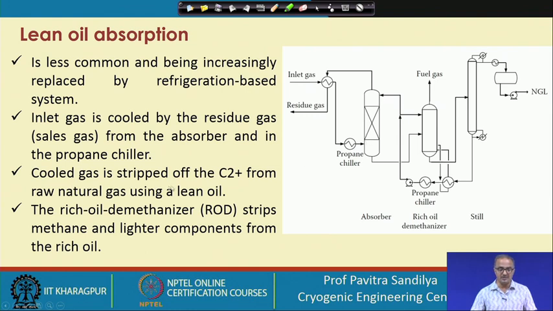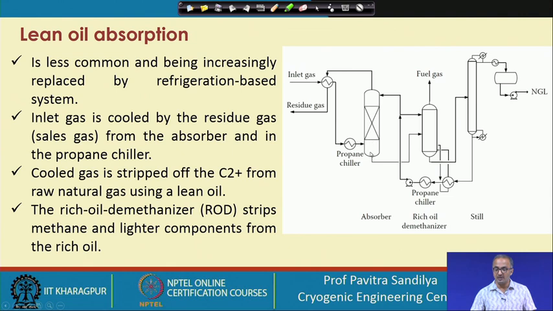Now, the cooled gas is stripped of the C2 plus components from the raw natural gas using lean oil. So, we are taking it at the bottom, and here we are putting in this lean gas. Because gas has a tendency to move up the column, we put it at the bottom of the column, and from the top we put in